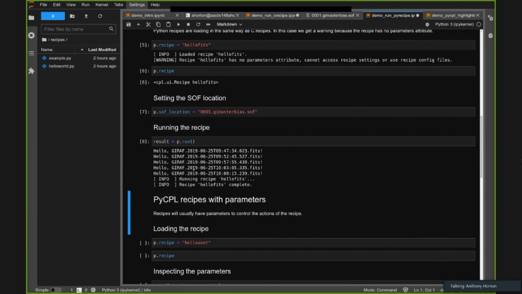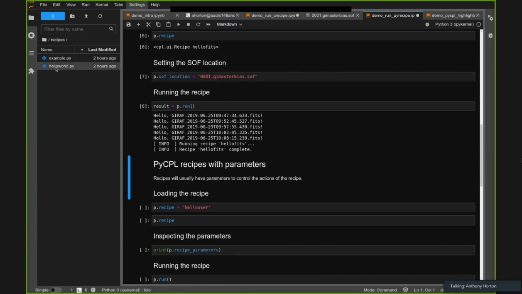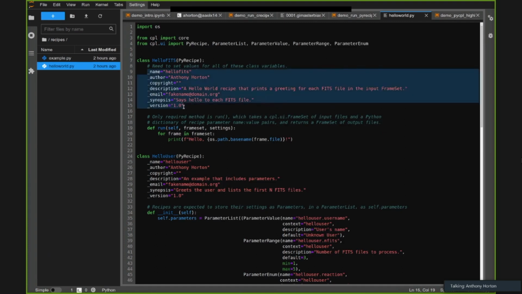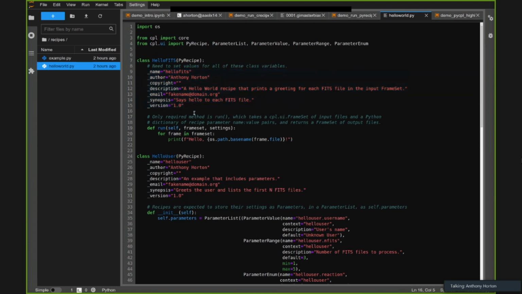So let's just have a look at how that's actually done from the recipe. So this is the Python file that contains the first two recipe examples. And here is the recipe we just ran. It's a class. It derives from this PyRecipe base class. The first thing here, we have a set of class variables that have to be set. This is the metadata for the recipe. So name, author, copyright info, description, contact email, synopsis, and a version number. And the only other thing that's essential is to